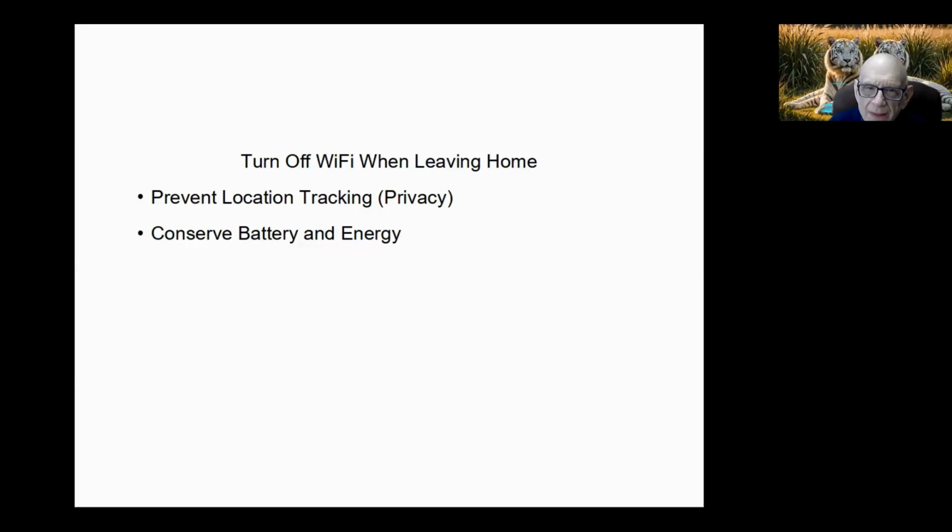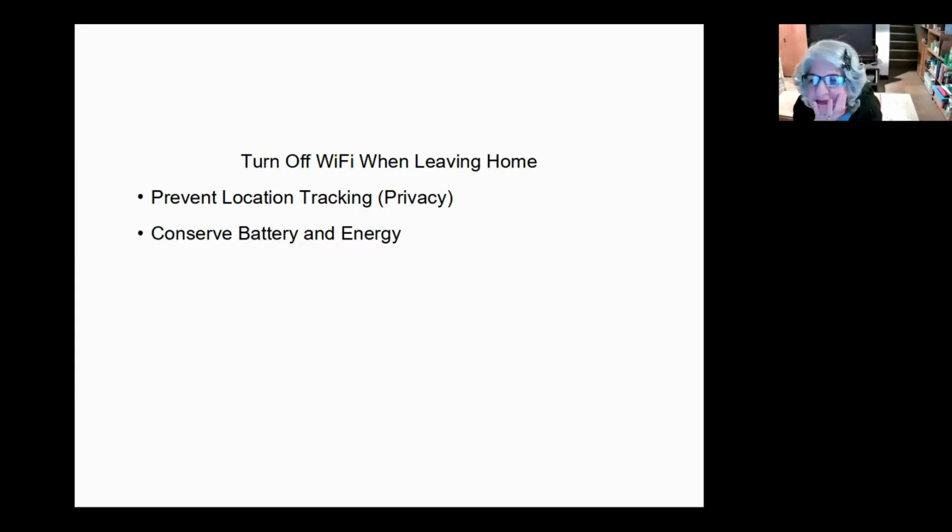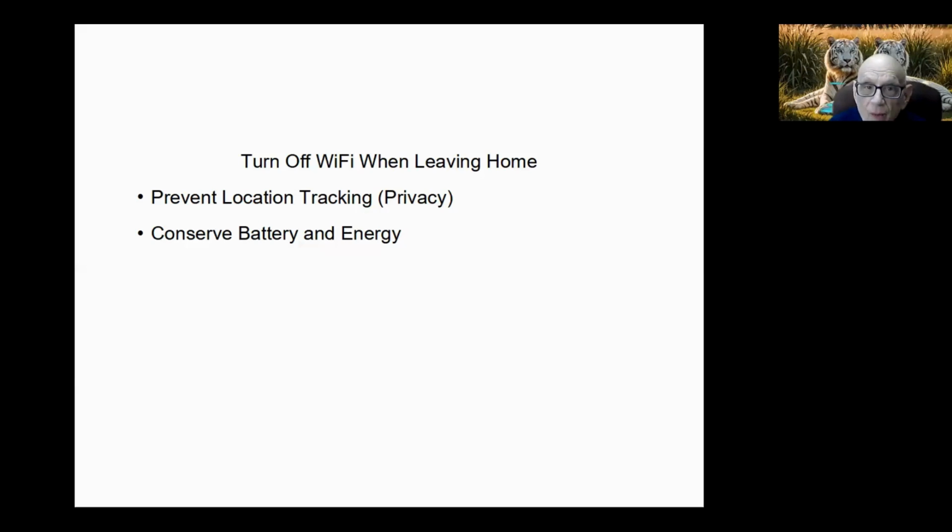The number one, but spelled out, 1 dot 1 dot 1 dot 1. That's four ones separated by dots. It has a free VPN that you can download onto your computer or onto your cell phone. And the setup is really quite easy. Just follow directions.